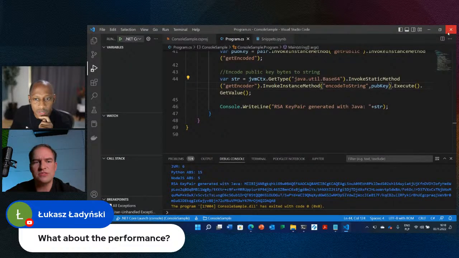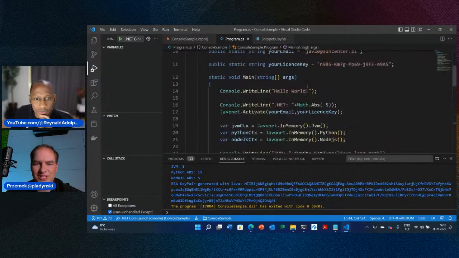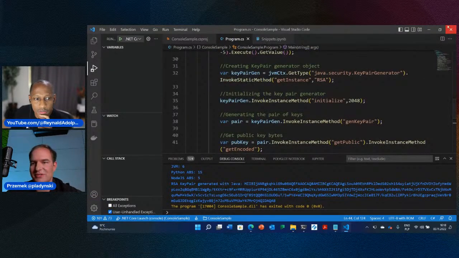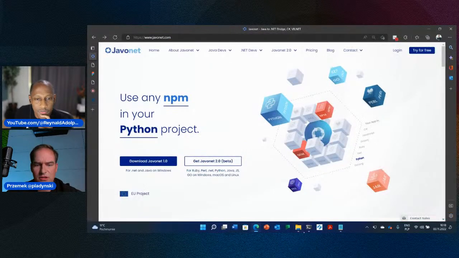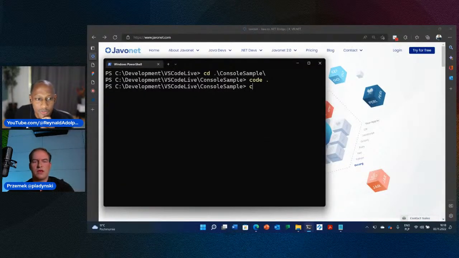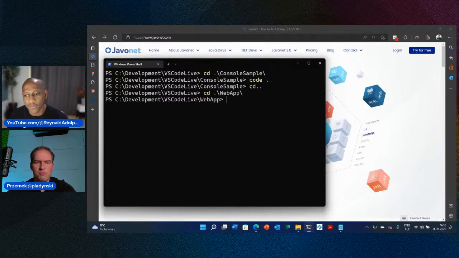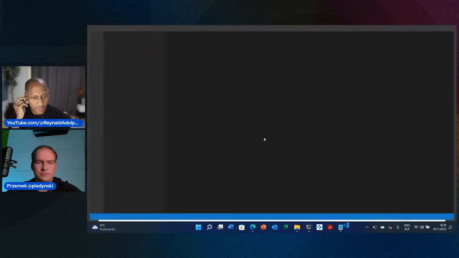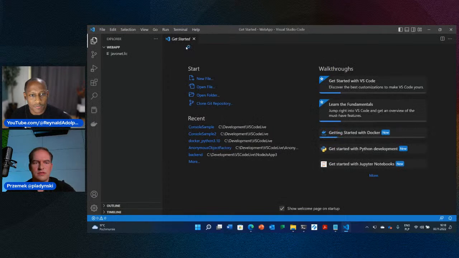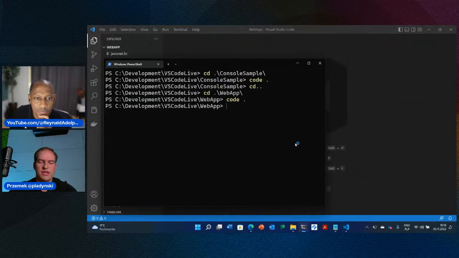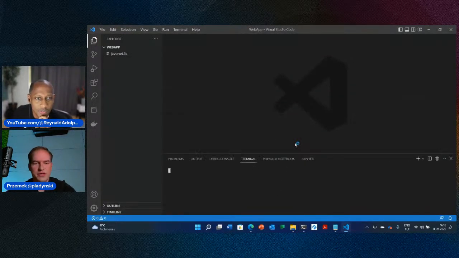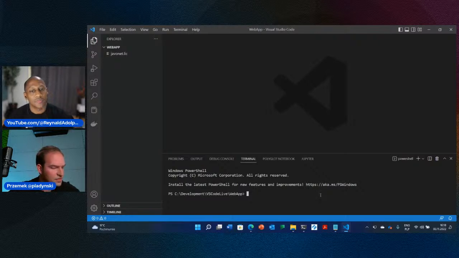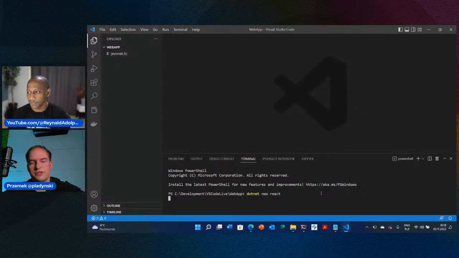But let me go to something more appealing than just the numbers. I will close Visual Studio Code, and let me go to the web folder I prepared for you. Here we'll touch something much more tangible, related to a very concrete example. So now let me bootstrap the .NET new React application here.